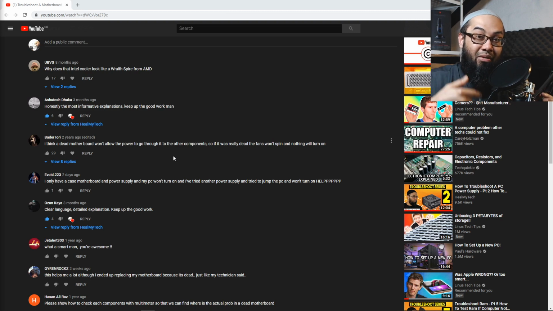Various components on the motherboard will draw various types of voltage. Sometimes it may be sufficient to power on an LED, which takes very little voltage, or a fan, but it's not sufficient to initialize the processor and the graphics card, for example. Maybe the initial graphics card, but not fully. So you are not entirely wrong, but it's not a completely dead motherboard. It's just the main power IC chip probably is dead, or something else is dead, not the entire thing. But you're right, if it is completely dead, it will not let any voltage through.